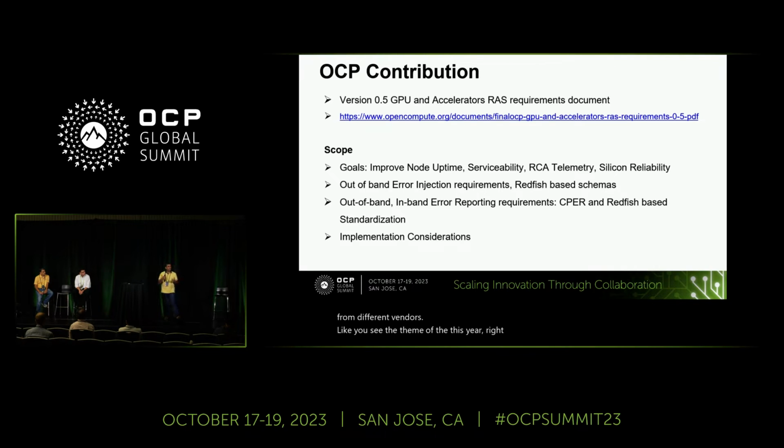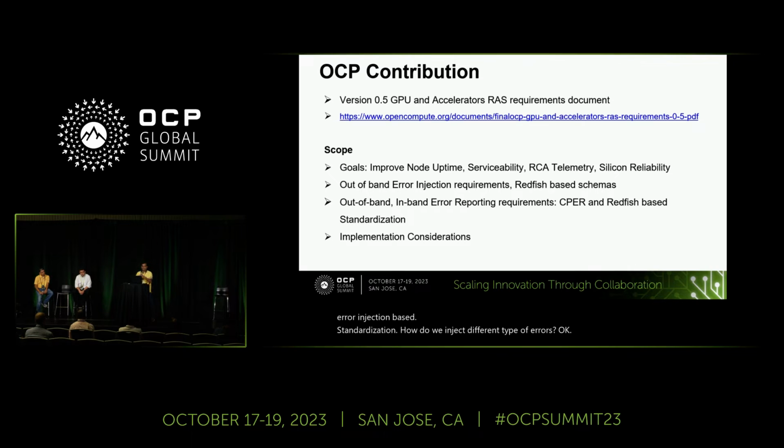And you see the theme of this year: scaling through collaboration. If you want to scale, all these tools need to be integrated and automation run. It's a very complex job. That's why we do a lot of automation, but integrating all the tools and providing security checks is very complex. That's why we are proposing some error injection-based standardization. How do we inject different types of errors?